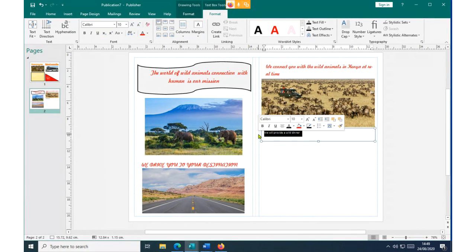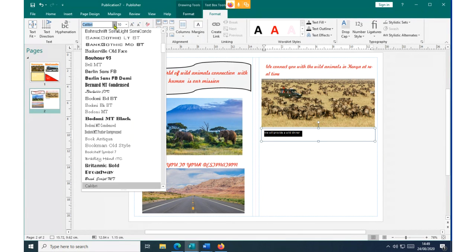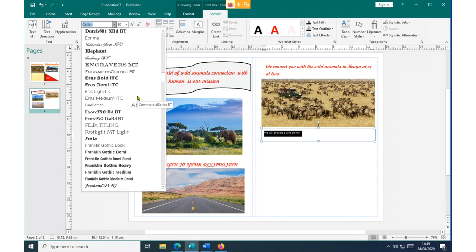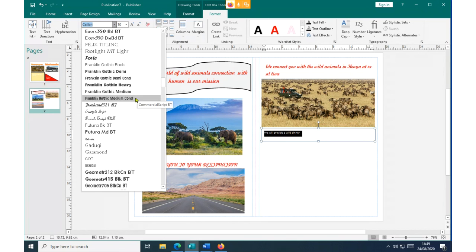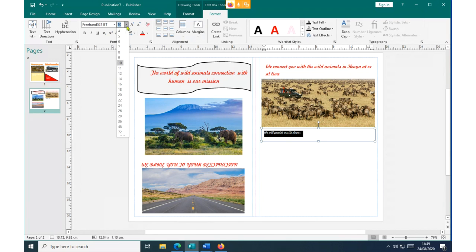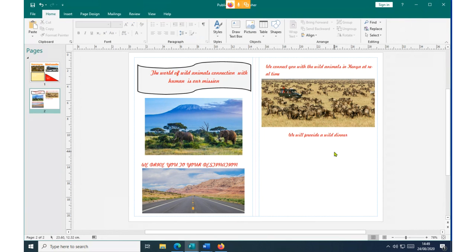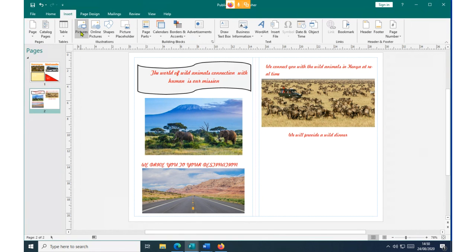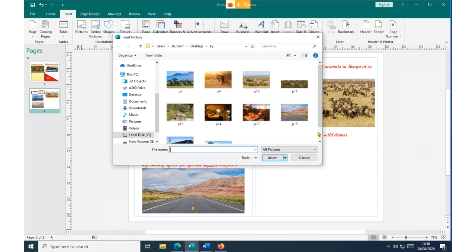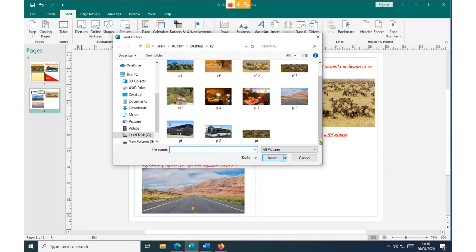Maybe a world dinner. So there again, you can see the consistency we are using, the same font type, freehand. You pick the freehand again, and then you increase the font size again. You are dealing with font 16 mostly, and then again we put our color red, and maybe you can put that center because it's small, and then again there we can put another picture reflecting that. So maybe we pick a picture for this communication, we can provide a world dinner. So let's see how that world dinner can look like. Again, insert a picture, we go back to insert picture, and then here we pick a world dinner. For example, we can pick this diagram and then insert.